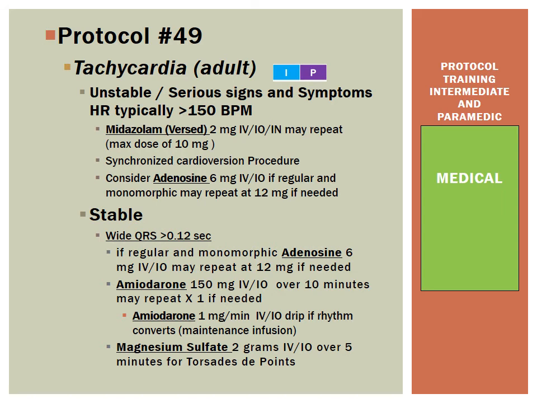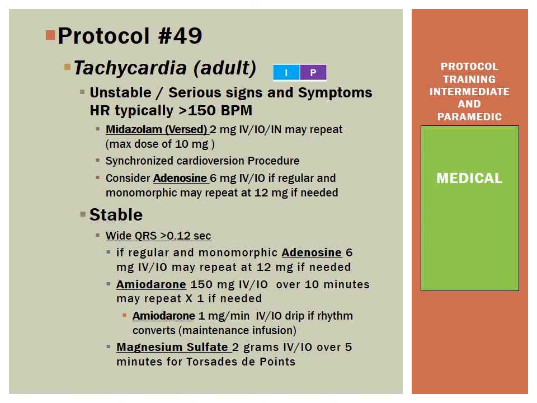And we will synchronize cardiovert our patient. Also need to consider adenosine, 6 milligrams IV/IO if regular and monomorphic, and you can repeat that at 12 milligrams if needed. Now, if that patient is stable, but the QRS is wide, which is a QRS greater than 0.12 seconds, if it's regular and monomorphic, we will administer the adenosine, 6 milligrams IV/IO, and you can repeat at 12